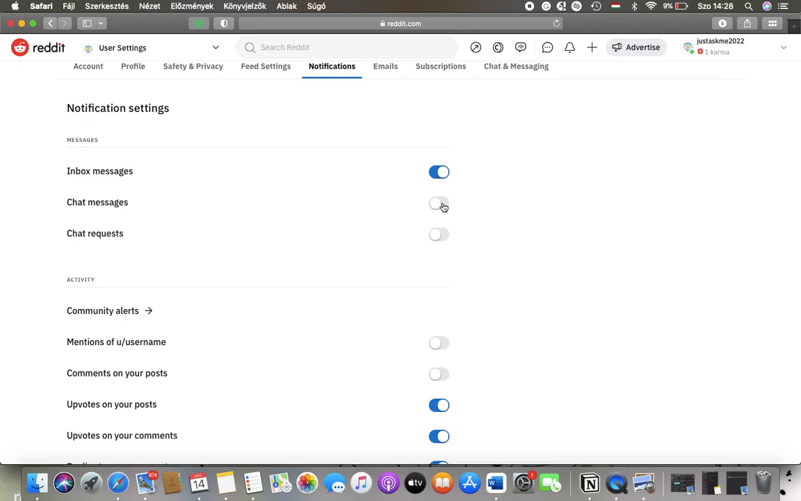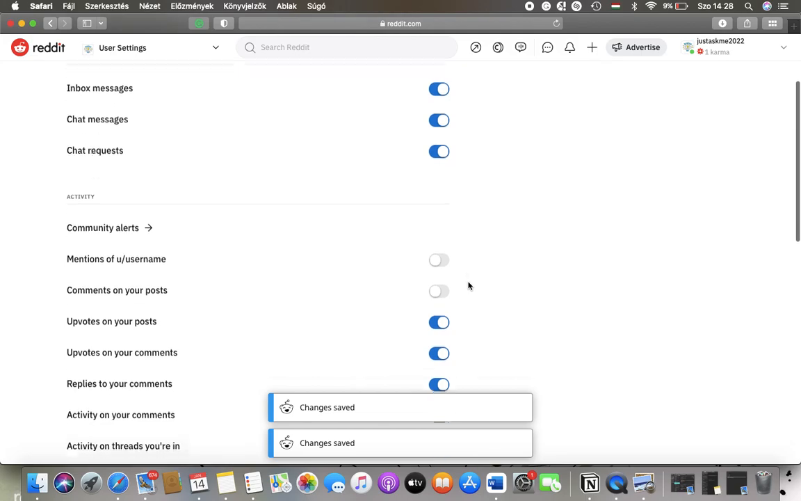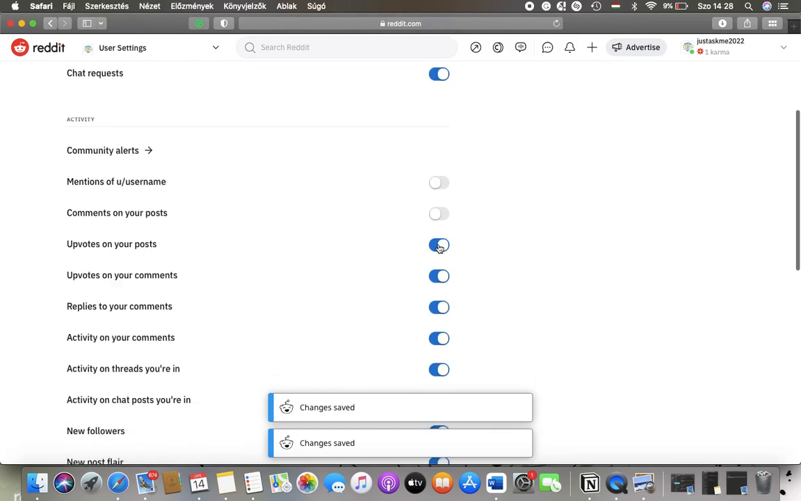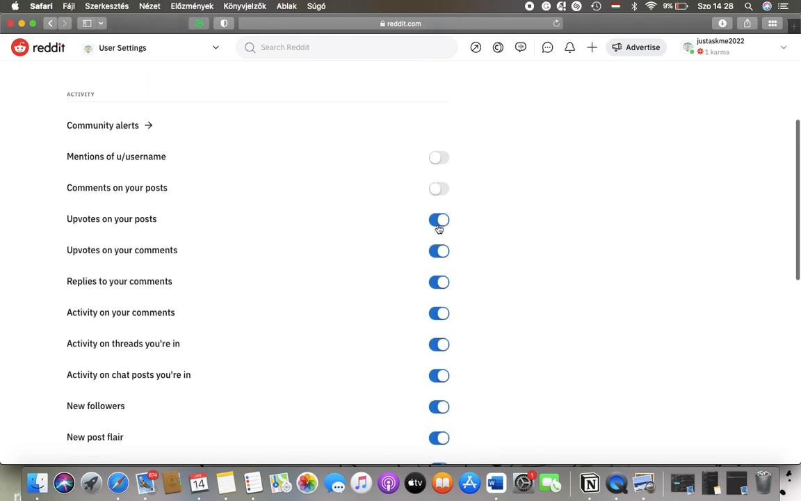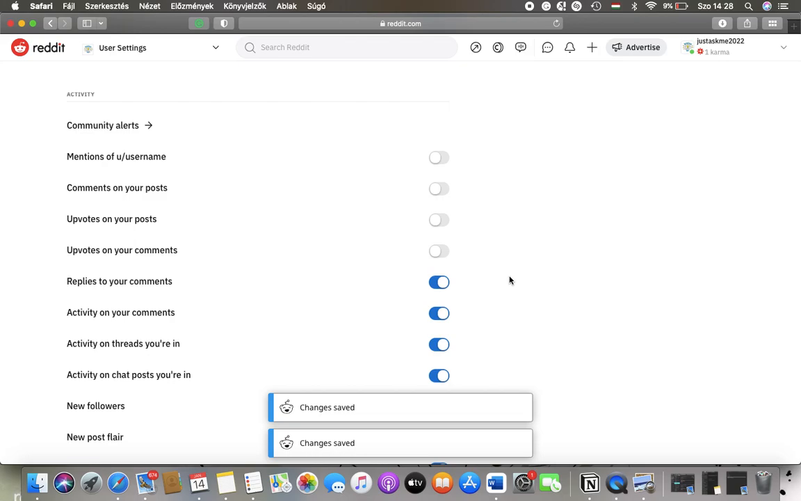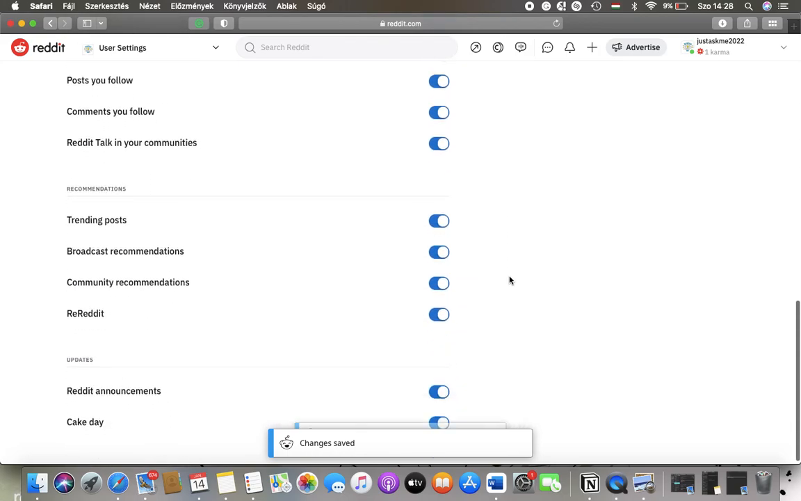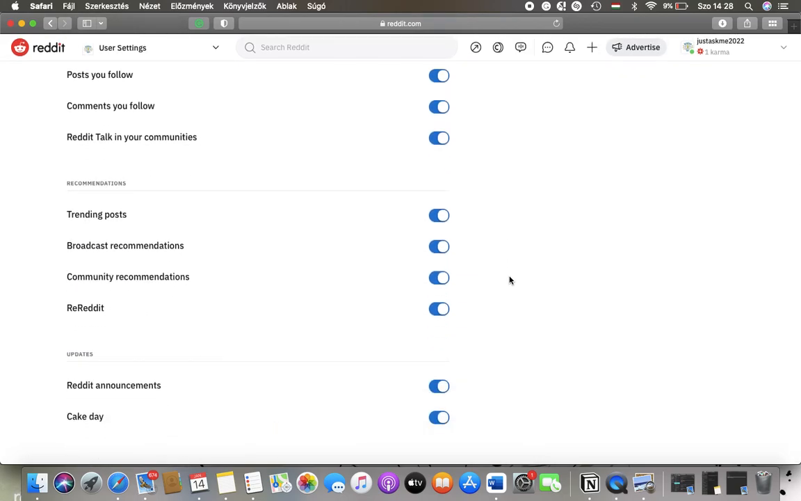There is the chat messages, chat requests, notifications that you can enable, but here you can see that some of them are turned off and turned on. So if you want to turn them off, just tap on the relevant button and it will be disabled. Here you can check out that you have a vast variety of options and types of notifications that you can